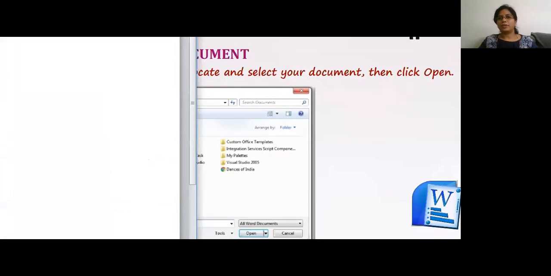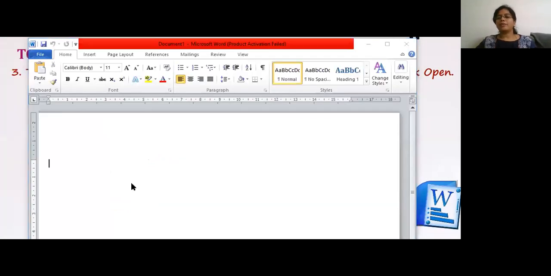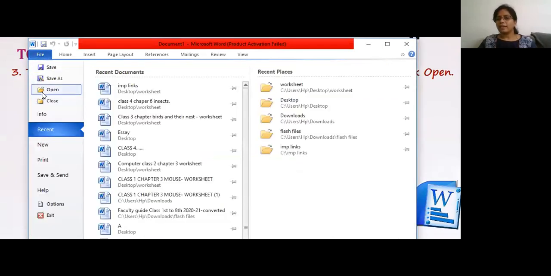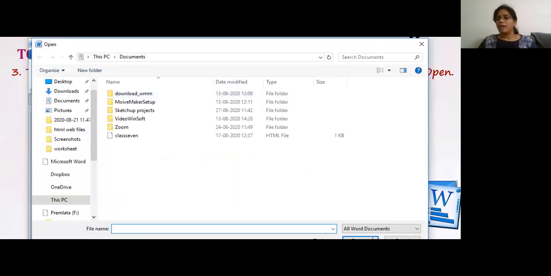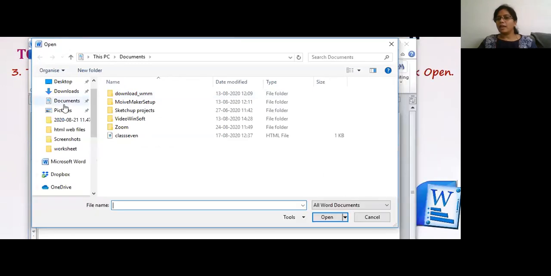Yes, my MS Word is open. I want to open a document which we have already created. So I click on File and click on Open. Once I click on Open, my open dialog box will appear in front of me.